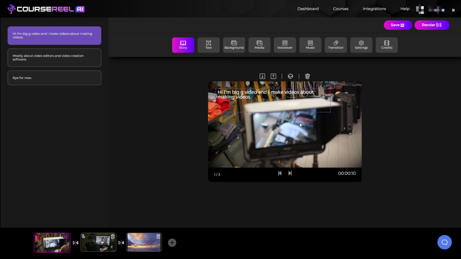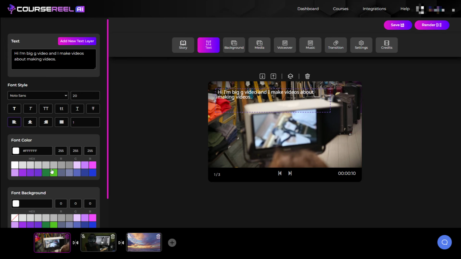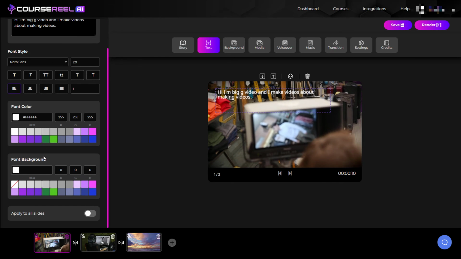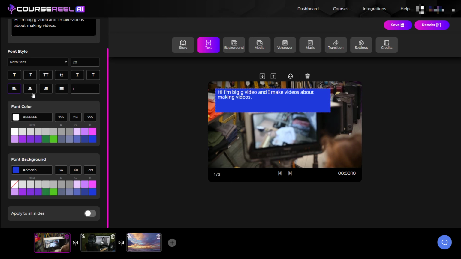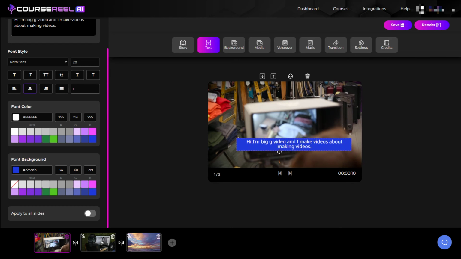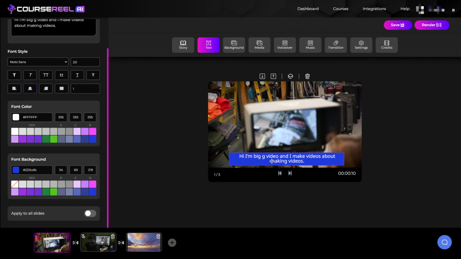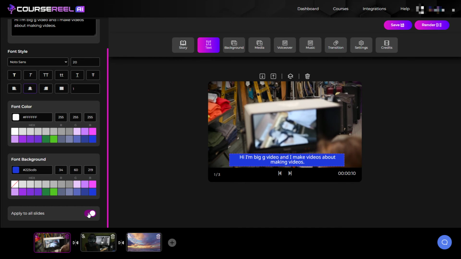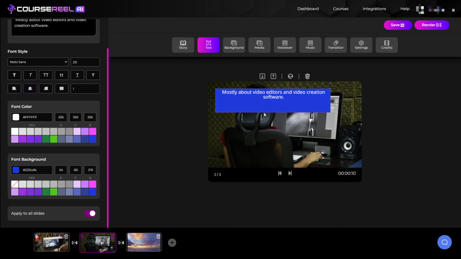So like the other two, it's found background footage and it's put text in the front. Now, of the 3, I think this does the worst job for text. So if I go to text, I don't like how it is. I want to keep my font color as white, but I want to put it on a blue background. I want to center it, but then I've got to go and adjust this myself. And then I've got to put it somewhere. So I have to manually move it, and it's going to be very difficult to get it in the same place each time. I'm going to click this to apply it to all slides, but I don't know whether it's going to be in the same place each time. So it's not. So I have to go in and I have to adjust this box.